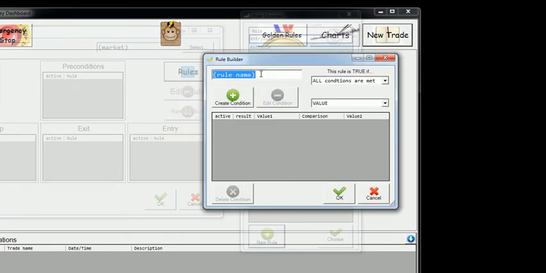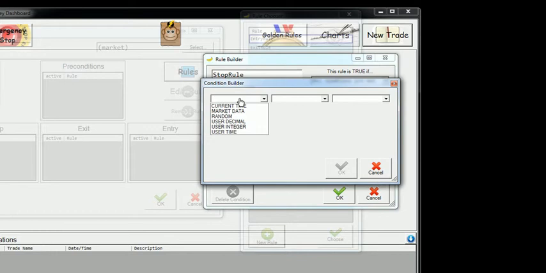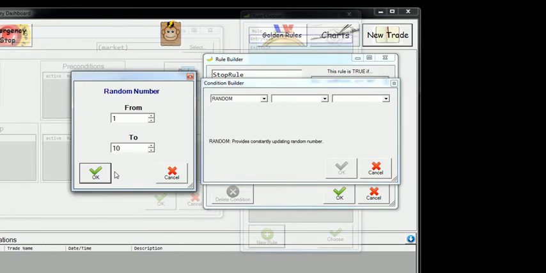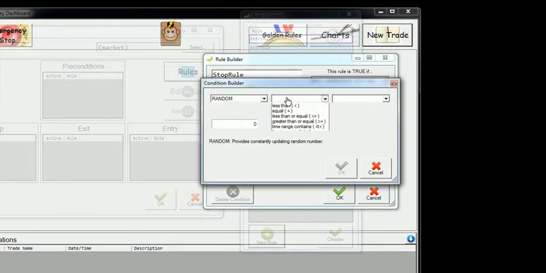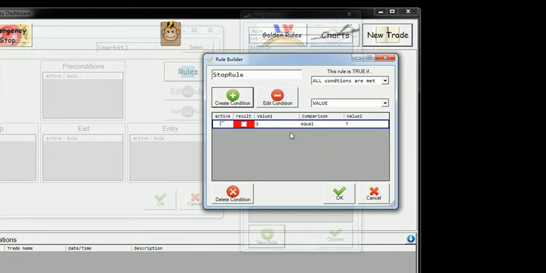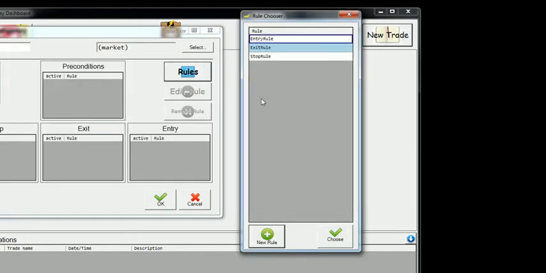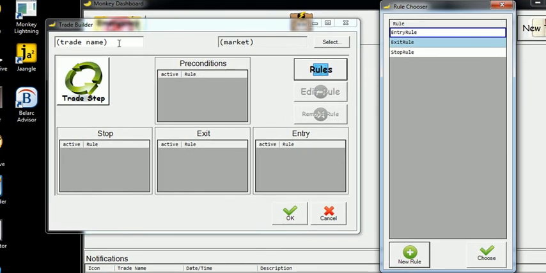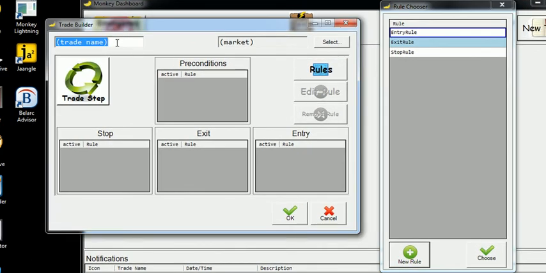I'm going to add one more rule, call it a stop rule, and this one again I'll make random, a little bigger, 1 to 10, and if it's equal to, let's say, 7. So at this point, we have 3 rules now: entry, exit, and stop. And I went through that really quickly, so if you haven't seen that before, you might want to watch one of the previous videos. But I'll go ahead and name this trade